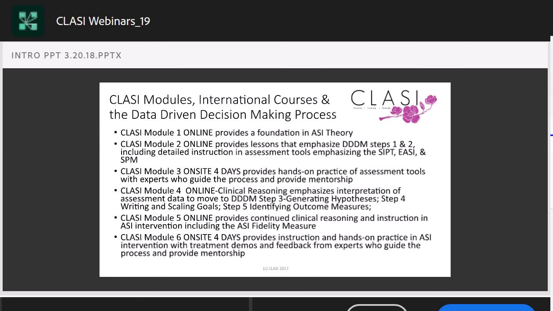Just a word on that, and Suzanne was mentioning the transition between the SIPT and the EASY. We are working really hard to make the EASY a set of very solid, powerful tools, but they're still in process. We will start collecting normative data internationally this summer, probably around June. So at AOTA, we will be helping to prepare some of the U.S. normative data collectors. We do have over 80 countries currently participating. We have region leads, country leads. Many of them are